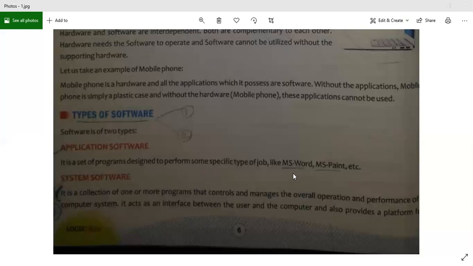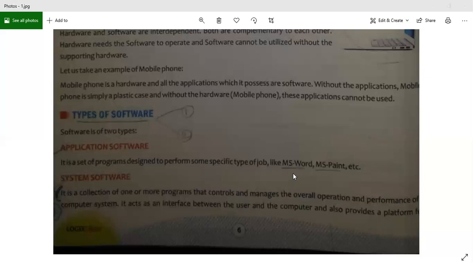That binary language consists of only two symbols, only two numbers. The first number is 0 and the second number is 1. That's it. So I want my computer to understand a language for the user, and therefore the system software, as written in the last line, acts as an interface. It acts as a mediator between the user and the computer. And it also provides a platform for running the application software.